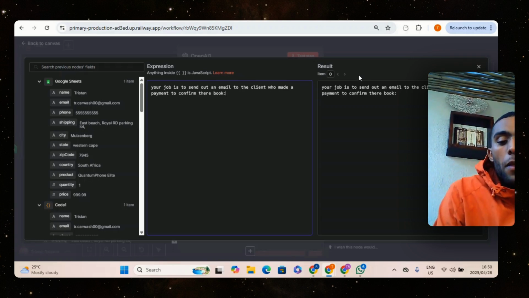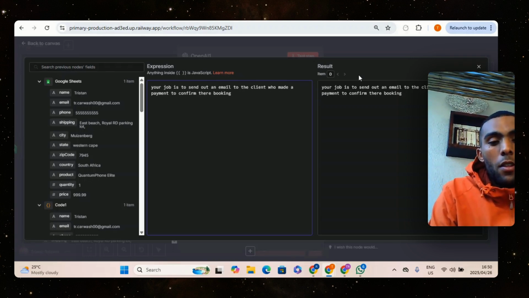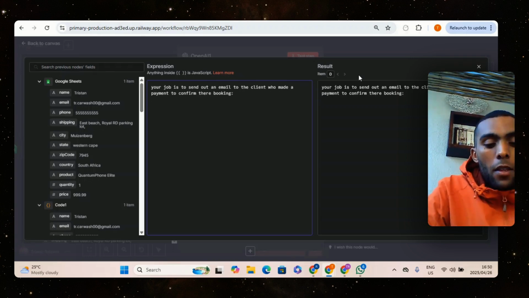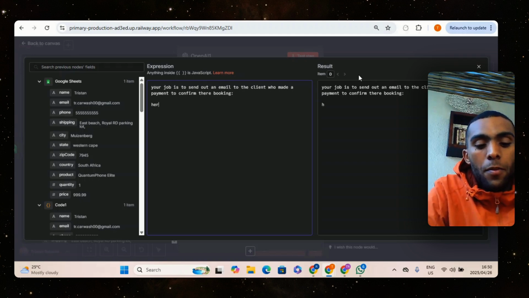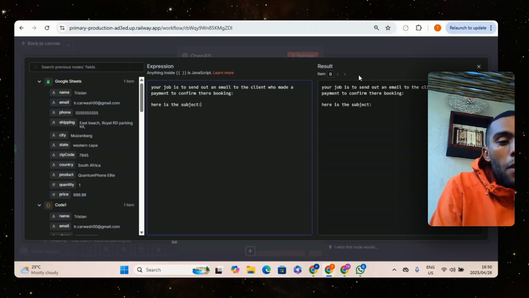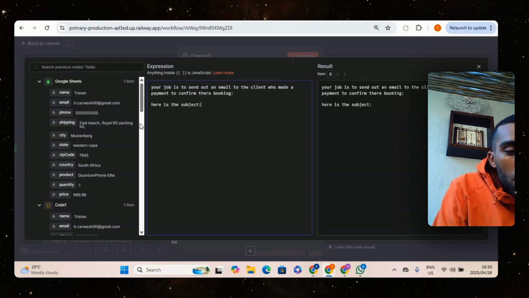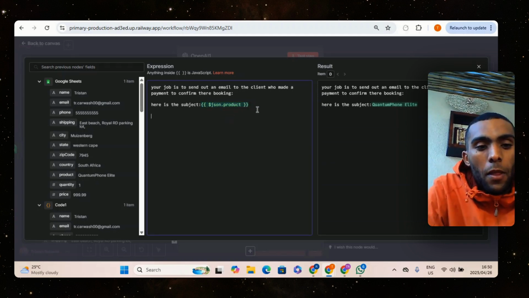Okay, we book in, and then here is the subject, and then the subject can be, let's say, the product's name, and then you can say,